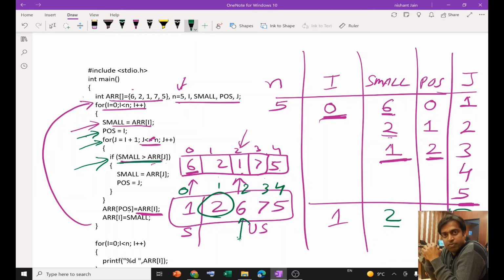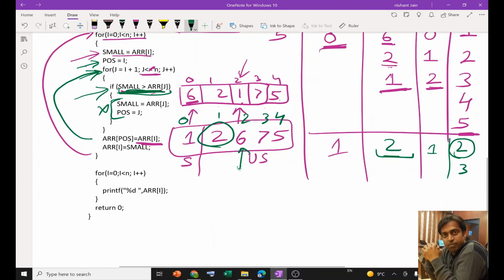So I am going to compare this particular condition. If this condition is true, then I am going to put the new value of small, otherwise I am not going to do anything. So over here in this case small is 2, and 6 is greater than small, so this condition is false, so we are not going to perform anything, and we are going to go to the next value of j, which is 3, and so on.